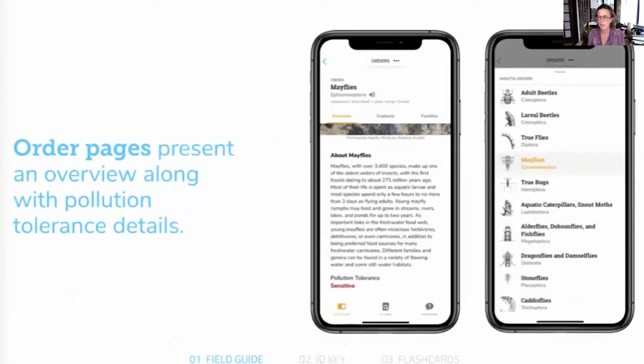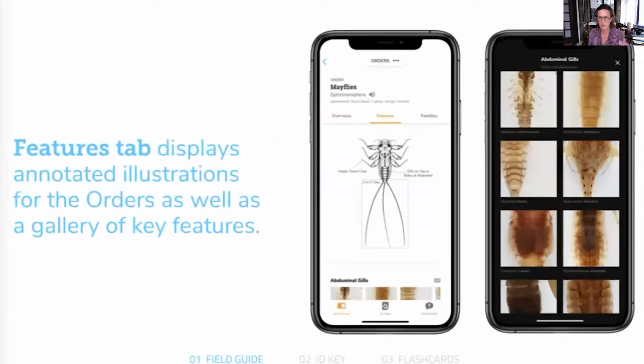If you click up to the top, you can move out from mayflies to other orders and drop that list from the action sheet from the bottom and toggle around. So that's a way to navigate between orders quickly. The features tab also, if you see that orange line there, allows you to toggle between the overview and the actual close-up view of the features that you would have recognized in the website. Sorry, my eyesight is not so good, I can hardly read that.